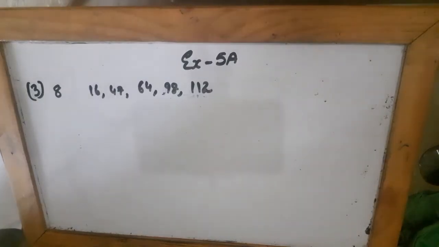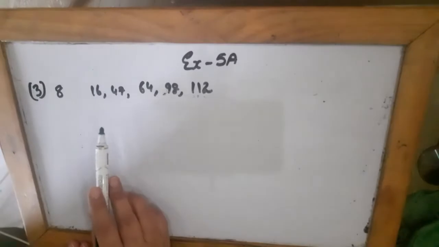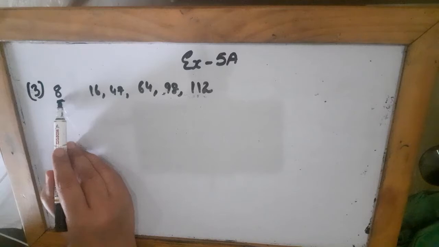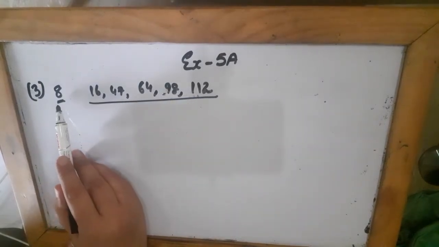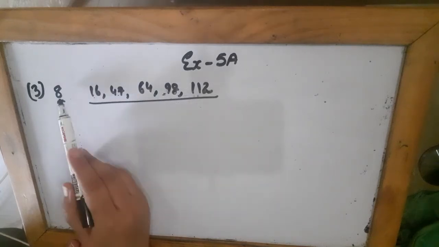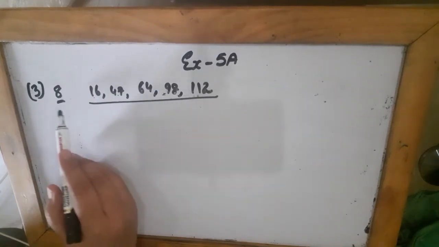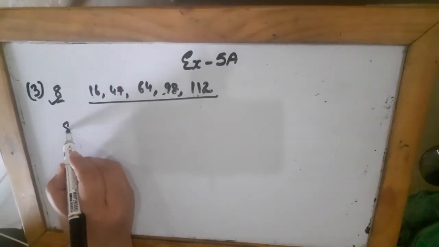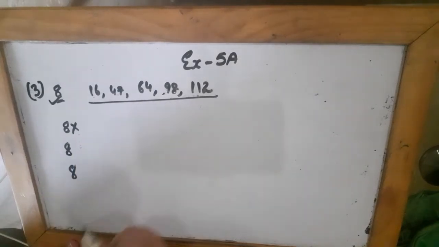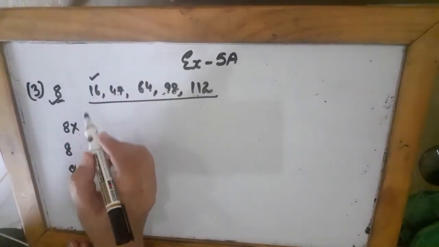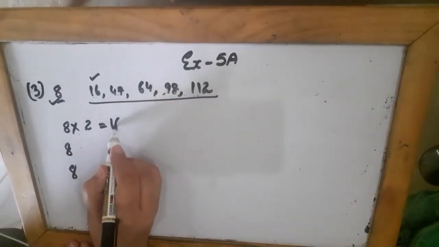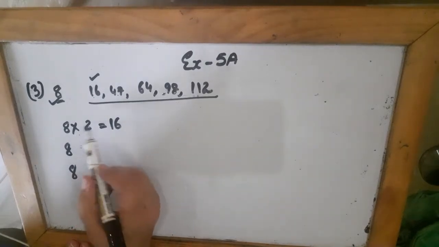In the third question, A part, they are saying tick the multiples of the colored numbers. So in the beginning you are given 8, and here you are given some numbers, and it means that you have to find out whether these are the multiples of 8. So how do we get multiples? When I multiply the given number with other numbers. Now if I look at 16, do you get 16 on the table of 8? Yes, 8 2s are 16. So 16 is a multiple of 8.